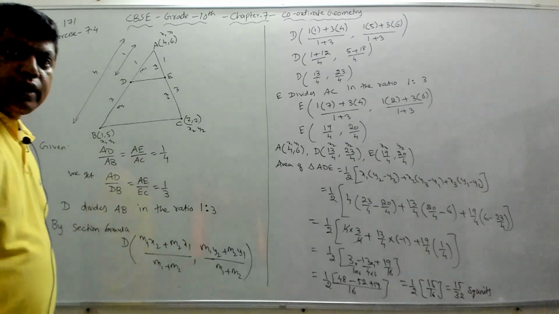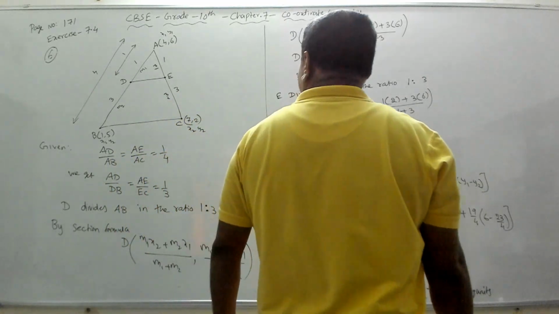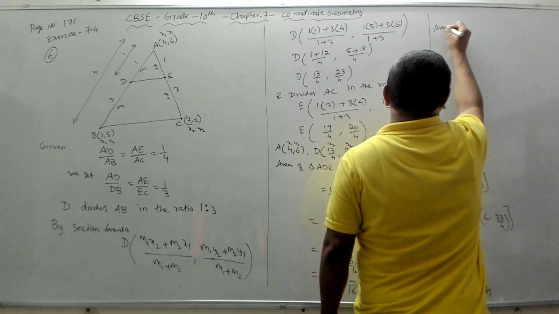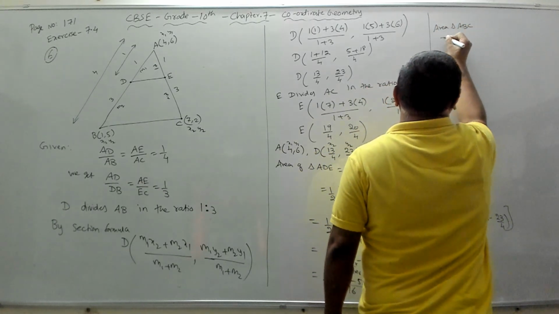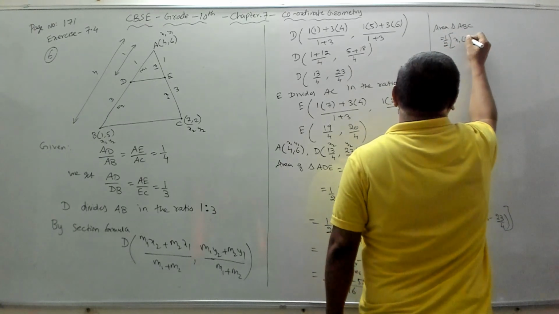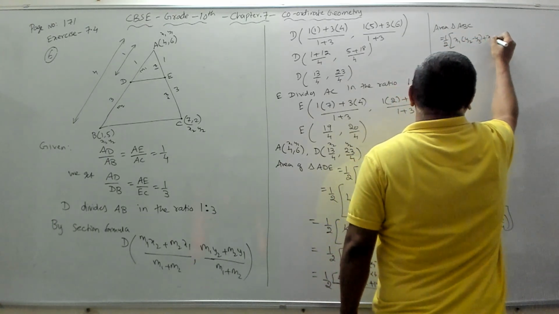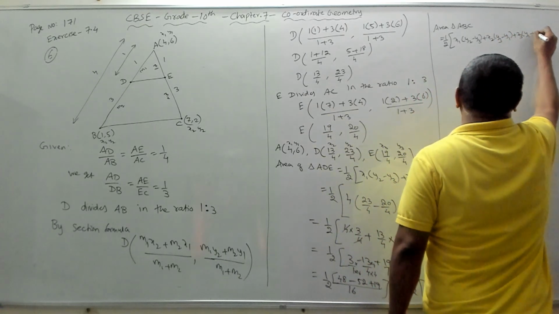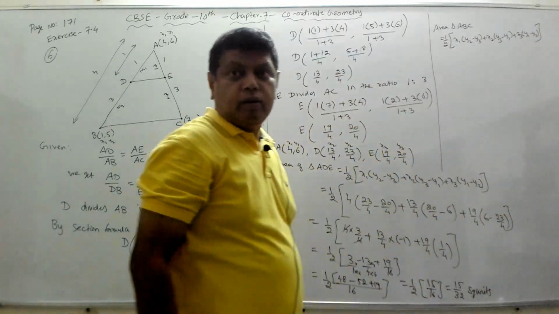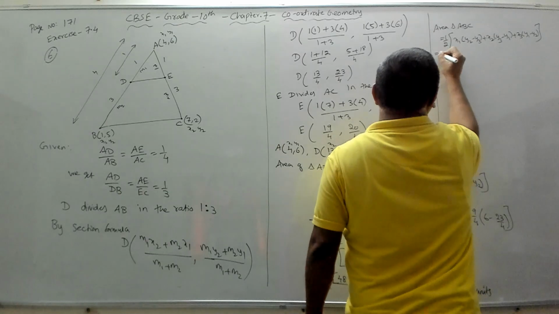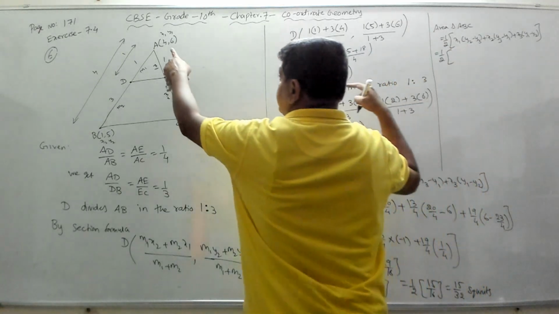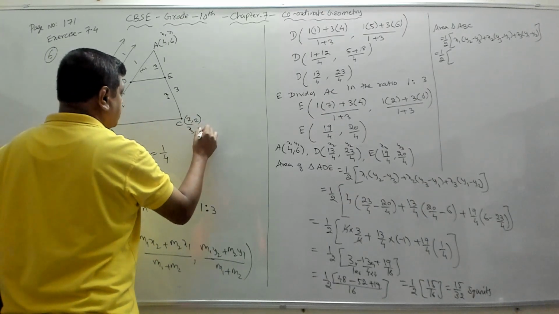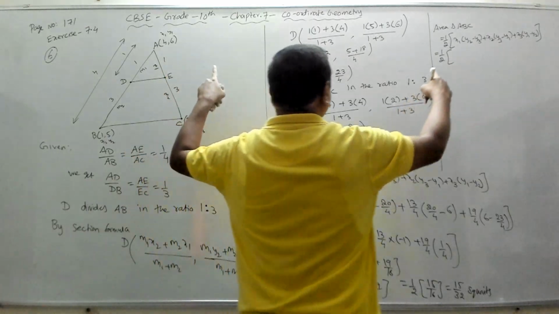Now we should find the area of the triangle ABC. We should write, so I'll write it here. We are running out of space. So area of triangle ABC is, again we'll use the formula, half of x1 into y2 minus y3 plus x2 into y3 minus y1 plus x3 into y1 minus y2. Fine. Now if we substitute that, so that is equal to 1 by 2 of x1. So we'll take this as x1 y1. This is x2 y2. We'll take this as x3 y3.